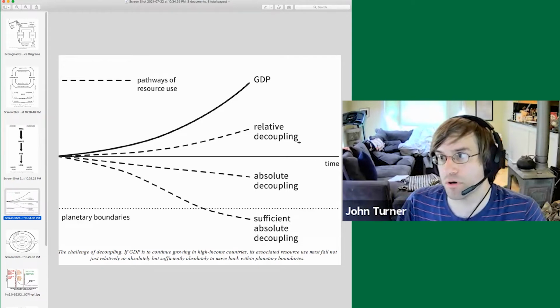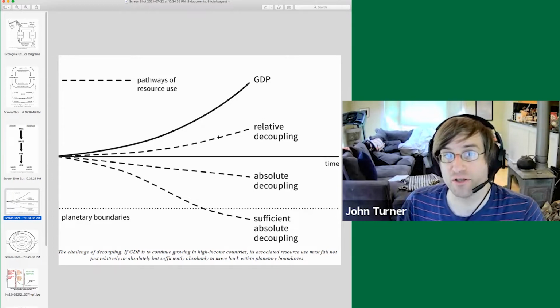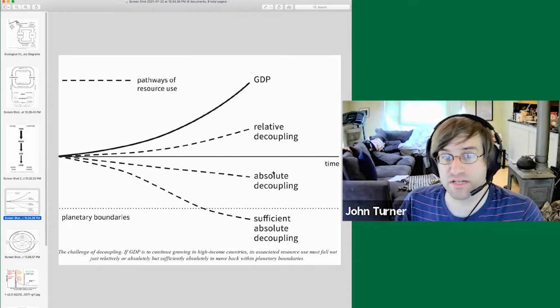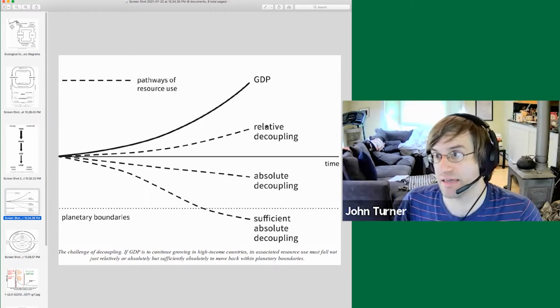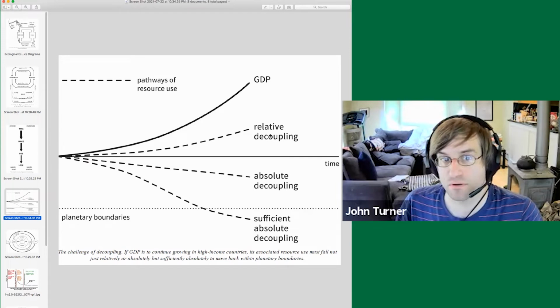You get more out of the same amount. As in, it is relative to the prior usage. You're not using as much as you did before, but it's not absolute. You're not using less. You're just using less to get the same amount, right? That's what relative means there. It is relative to the amounts that you were using and getting before.